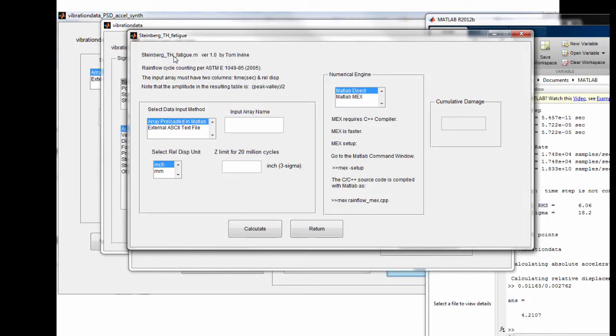TH stands for time history. This is the Steinberg_TH_fatigue.m, and this is rainflow cycle counting per ASTM E1049-85. The input array must have 2 columns, time in seconds and relative displacement. Note that the amplitude in the resulting table, we're not going to worry about tables, but our amplitude is going to be peak minus valley divided by 2. Preloaded into MATLAB, we have RD_TH, it's in inches,